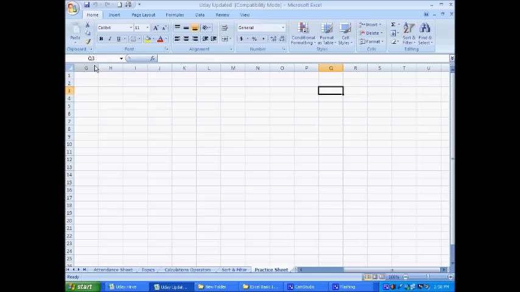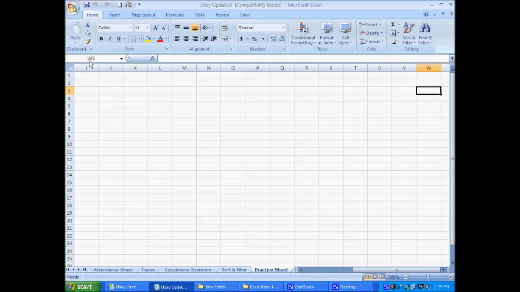Name box shows Q3. So I am right now in the Q column and third row. As soon as I press the Tab button, my name box changes to R3. Right now I am in R column and row 3.